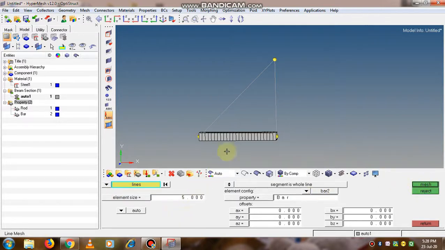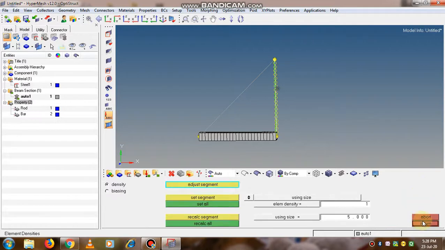Now select the line where we need to create the elements and mesh. We'll modify its density to 30. So simply left clicking will increase the number and right clicking will decrease it.